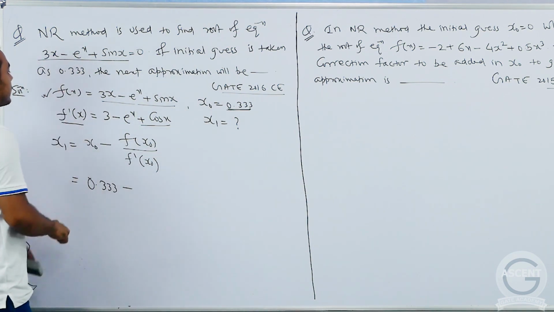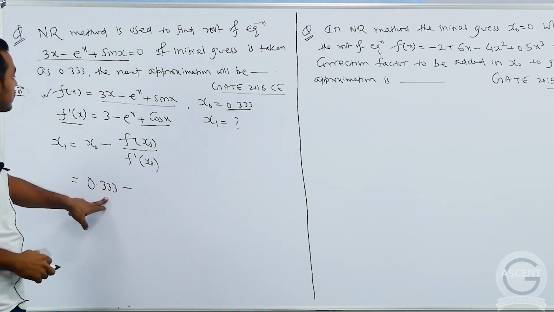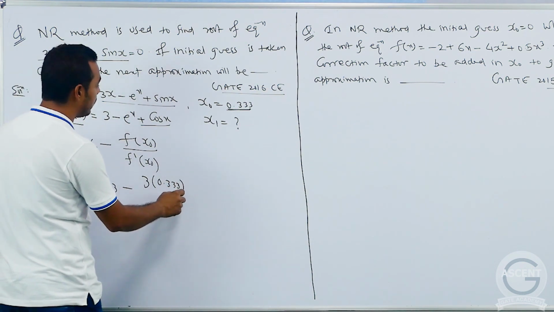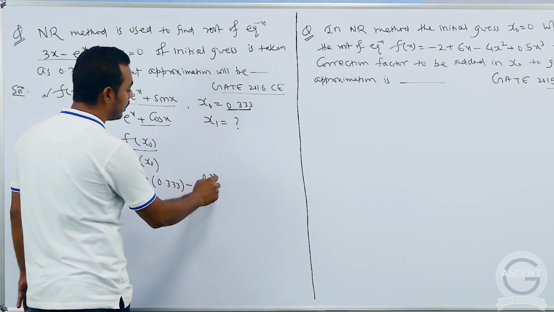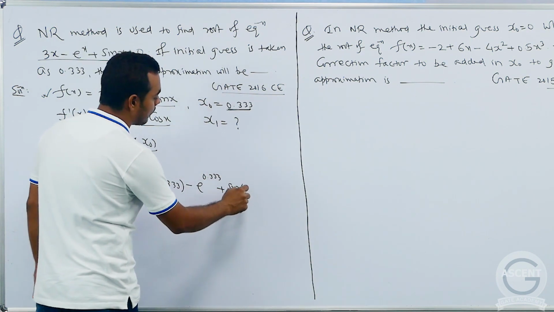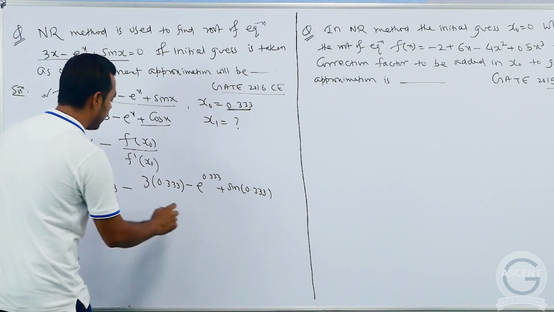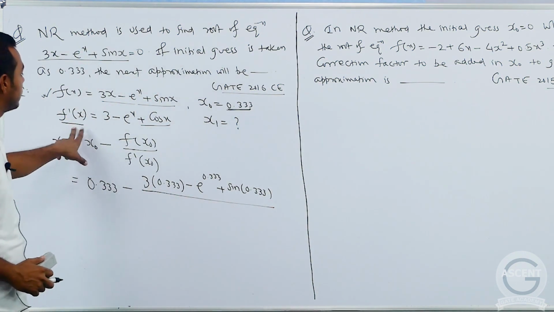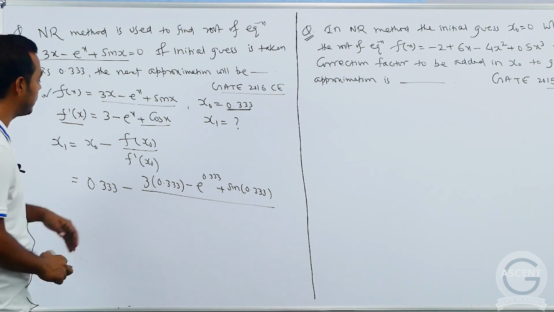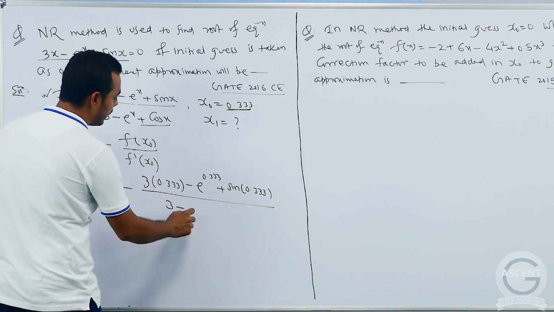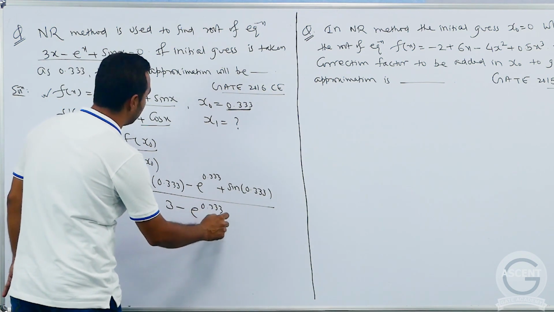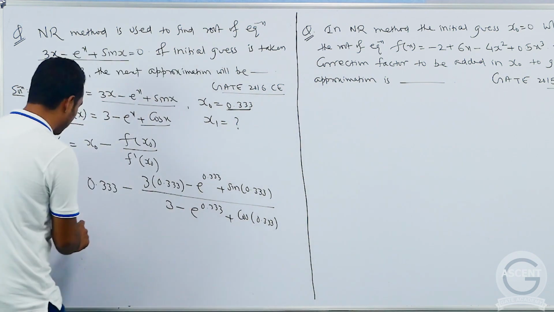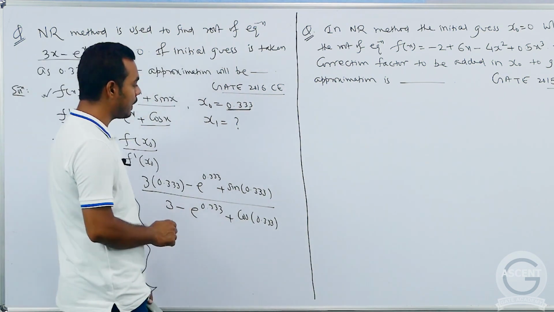This is your f of x, and in place of x you have to write this x0. So this will be 3, in place of x0 we have 0.333, minus e to the power 0.333 plus sine 0.333, and this divided by f dash x0. Now this is your expression for f dash x. In place of x we have to write 0.333, so this will be 3 minus e to the power 0.333 plus cos of 0.333. Now after this you have to perform this calculation, and while performing the calculation remember one